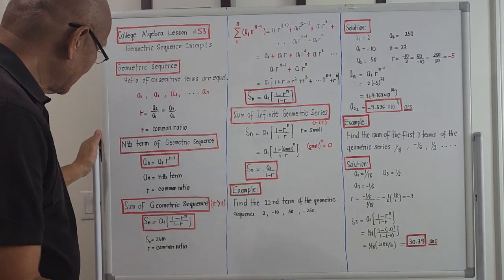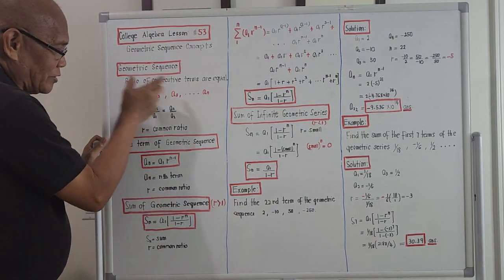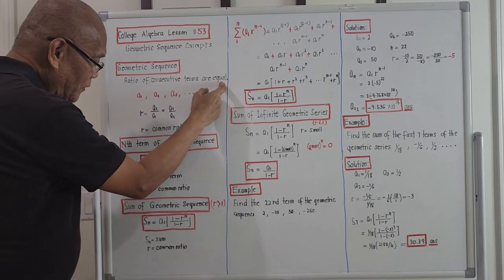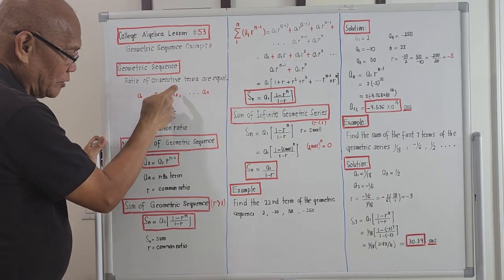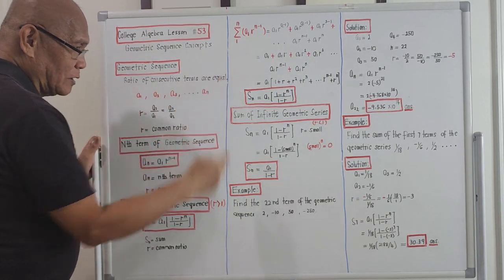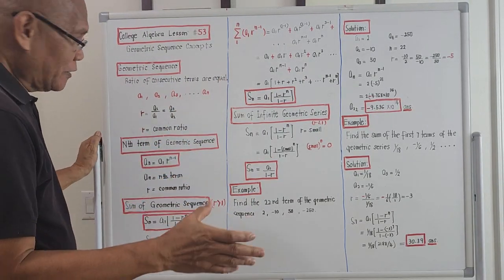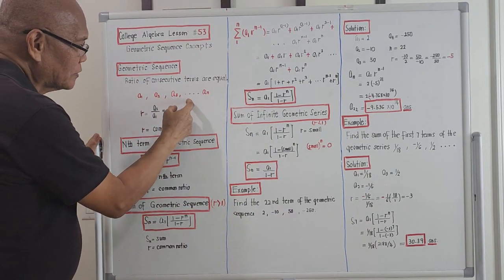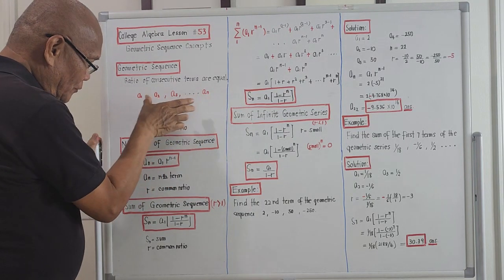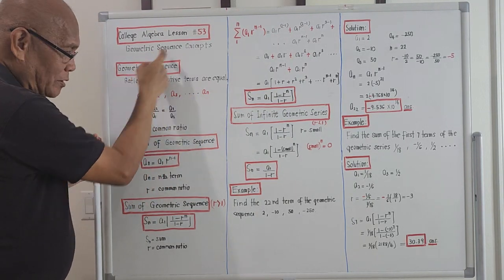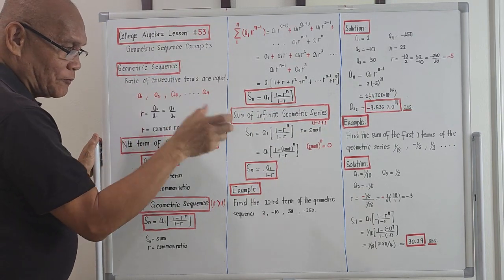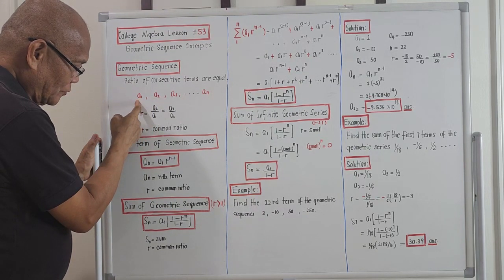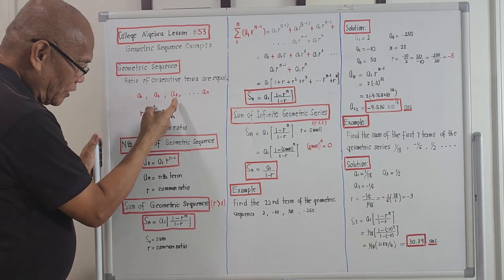For a sequence to be called geometric, this is the so-called definition: the ratio of the consecutive terms are equal. If we are given the geometric sequence A1, A2, A3, up to A sub n, for this sequence to be called geometric sequence, according to the definition, the ratio of the second term over the first term will be equal to the ratio of the third term